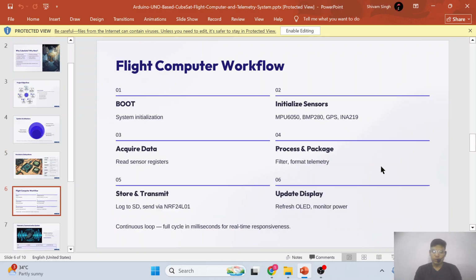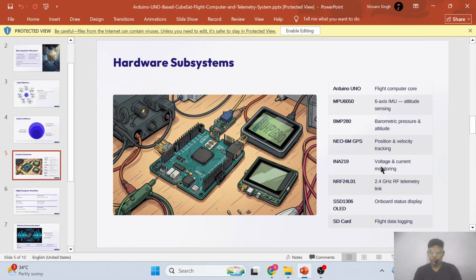On board we use an SD card as the data logger.